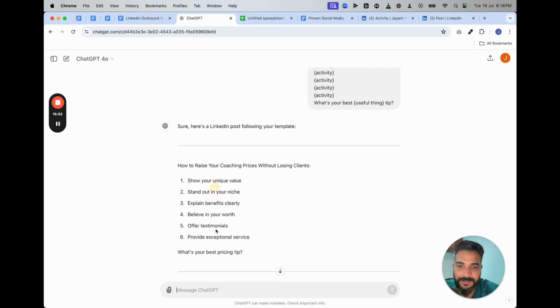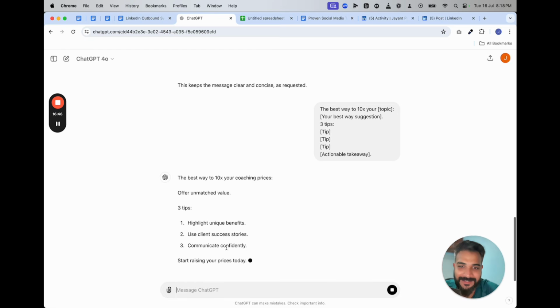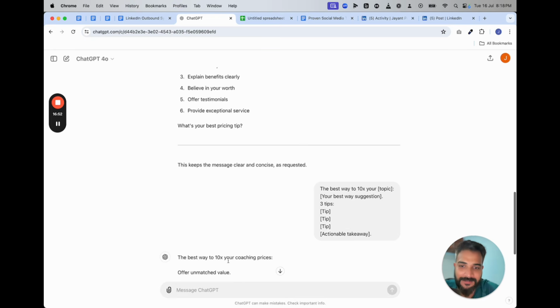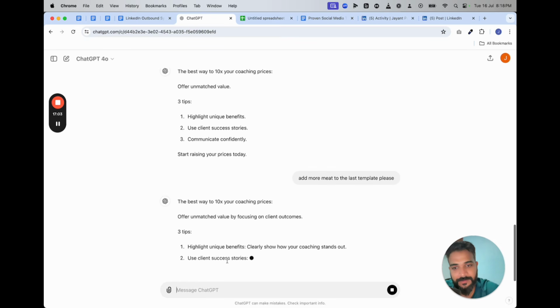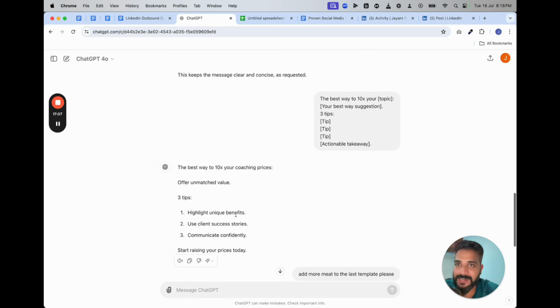And it gives you more content ideas. There you go. Right? Obviously, you can add more. You can ask, expand or add more meat to the last template, please. Okay, so a little bit more, and obviously you can edit things a little bit and start posting.